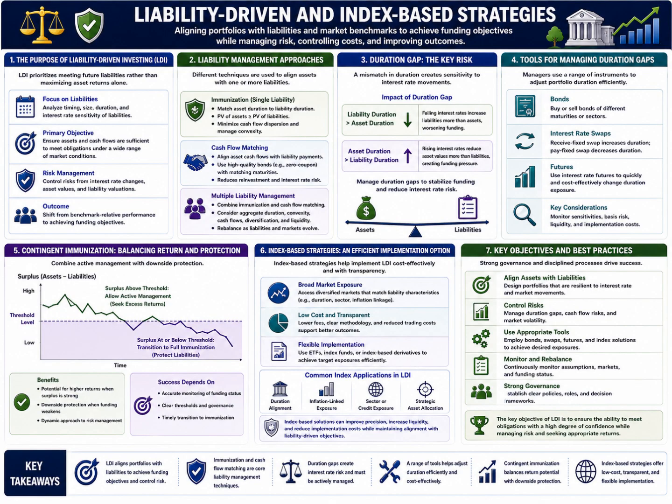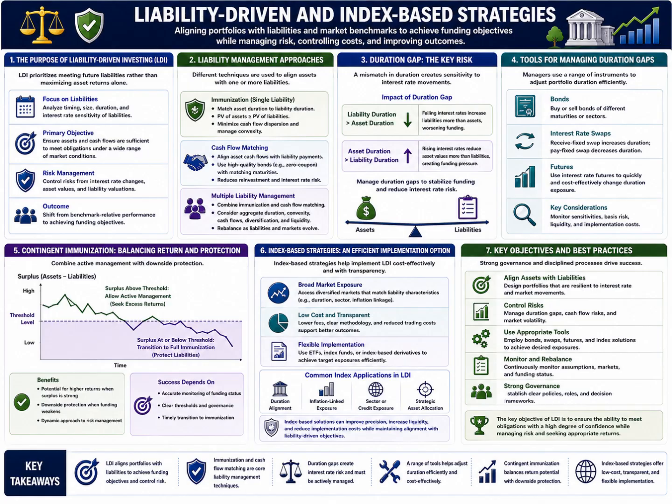Portfolio managers continuously monitor duration relationships and implement adjustments designed to maintain alignment between asset and liability sensitivities to interest rate changes. Several tools are available for managing duration gaps. Managers can alter portfolio duration by purchasing or selling bonds with different maturities, adjusting exposure to fixed income sectors, or employing derivatives such as interest rate futures and swaps. A receive fixed interest rate swap increases portfolio duration, whereas a pay fixed swap reduces duration.